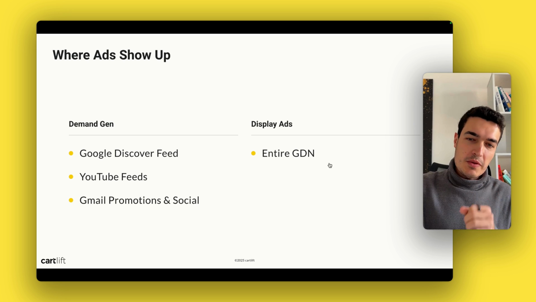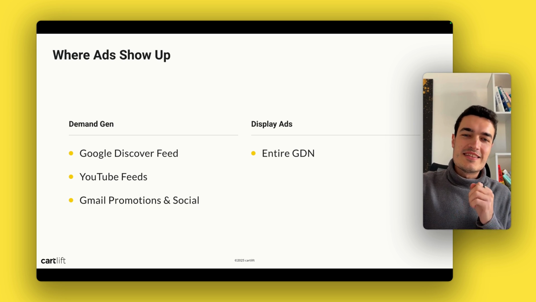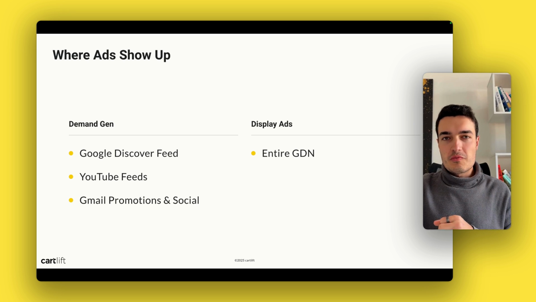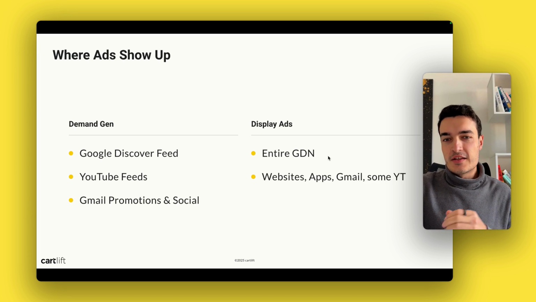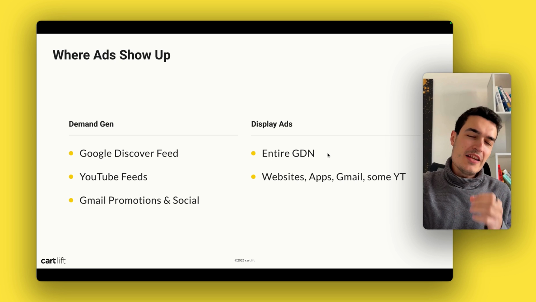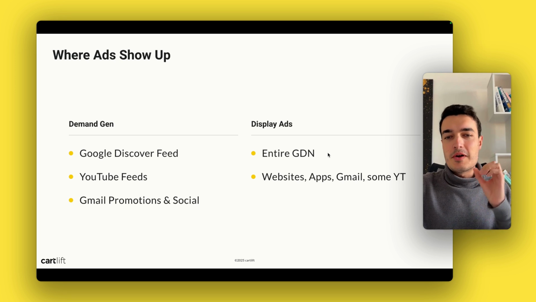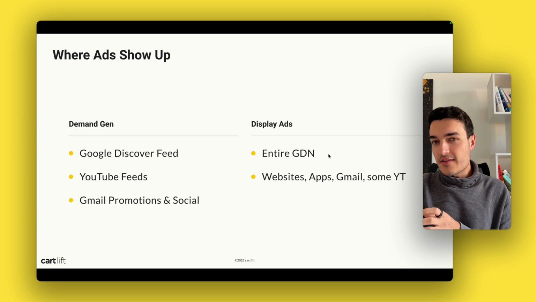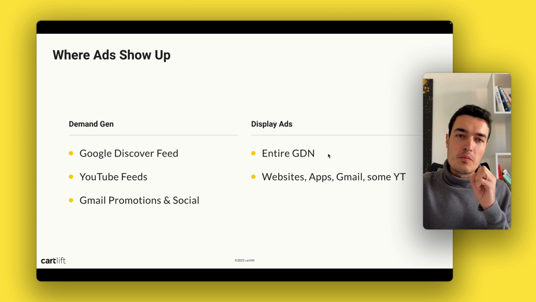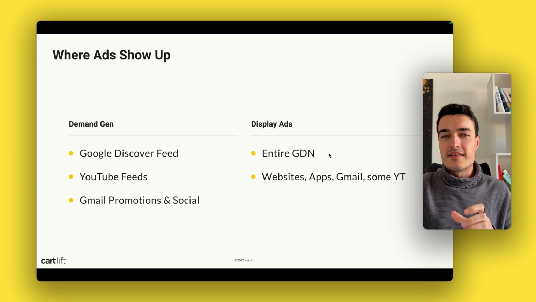When it comes to display ads, on the other hand, you can show up on the entire Google display network, which means literally millions of websites out there can trigger your ad in all kinds of shapes and sizes. There are websites, apps, Gmail, and also some YouTube placements, but primarily when we talk about the Google display network, we're actually talking about websites, millions of them, and also millions of apps that are working with AdSense